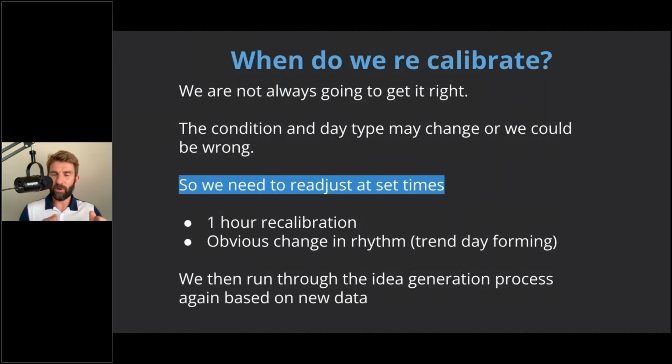Okay, we're a little bit more volatile than I thought. Let me extend out to levels that are a little bit further out. Actually, you know what? Let me drop the shorts. Let's look at longs that look strong. I might need to look at pullbacks to here now rather than this. We're anticipating, not reacting still, but we're recalibrating to conditions. So if conditions suddenly turn into a trend day, we have to adjust and adapt to that and go, it's a trend day environment here. Is that still something I want to trade? Yeah, maybe, but actually a better option would be now to have that prior high that we've broken through come back and test that. And I'll still use my filters and trigger process in there. So it's a recalibration. We run through that idea generation process based on the new data.